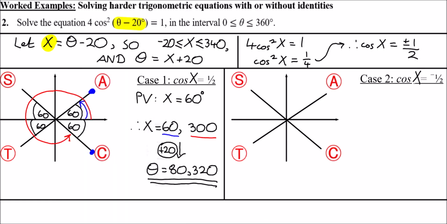And so the principal value in this case is big X is 120. So cos is negative in the sine quadrant because only sine is positive there, and cos is negative in the t quadrant, again because only tan is positive there. So 120